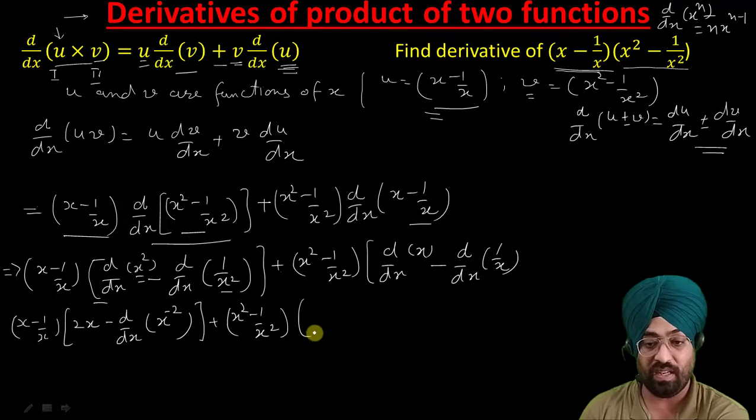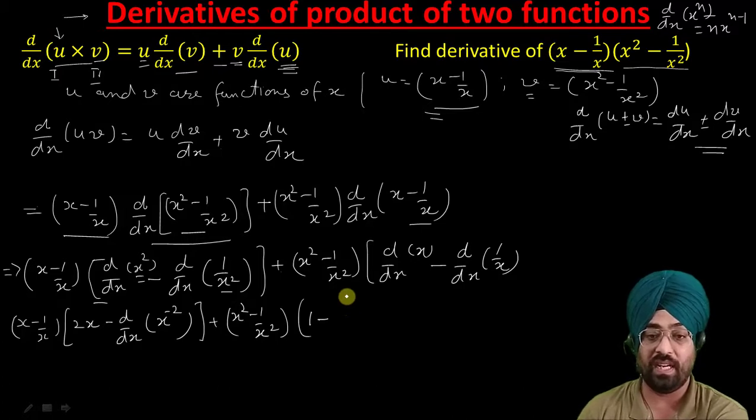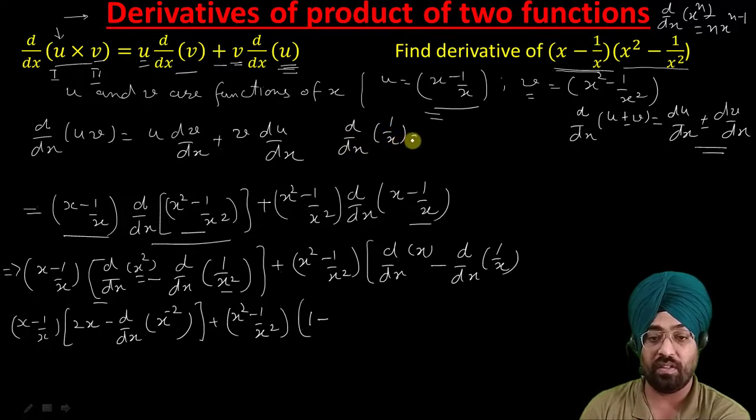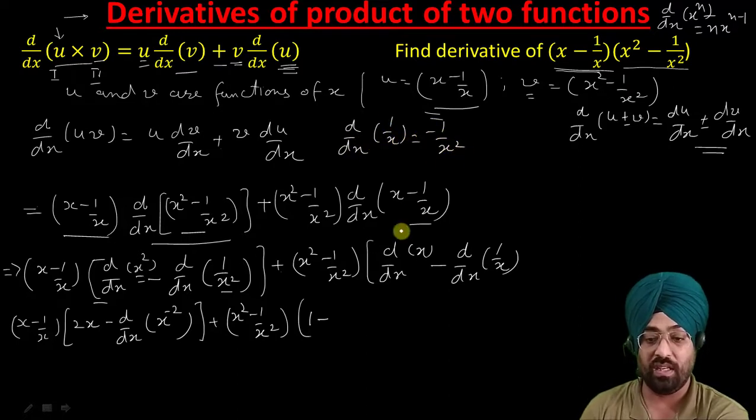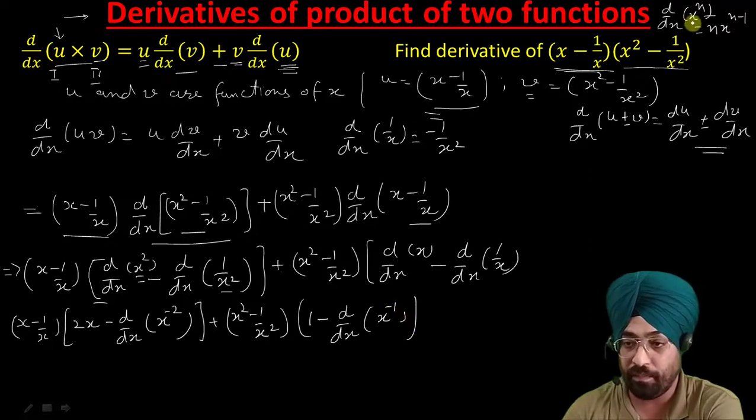it is, derivative of x is 1, minus once again 1 by x can be written as x raised to the power minus 1, and in my previous lecture I told you, you can remember dy by dx of 1 by x is equal to minus 1 by x square. Or if you do not need to remember, dy by dx of 1 by x can be written as x raised to the power minus 1. Now we can apply this formula.